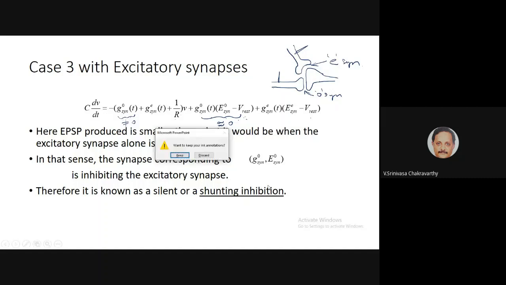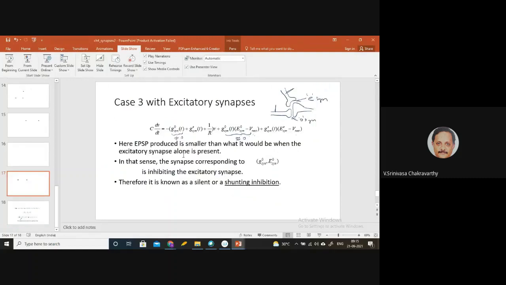Okay, so that is a simple model of neurotransmission. We have seen what kind of events pan out on the postsynaptic side due to the neurotransmission. So with that, let us wind up our discussion of